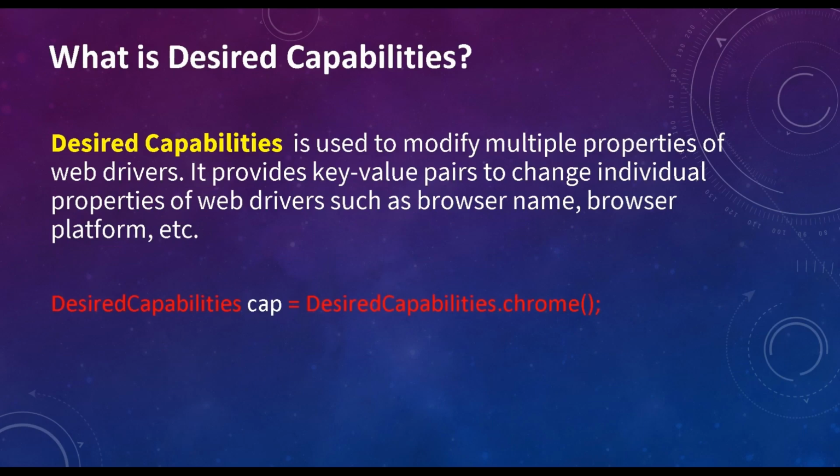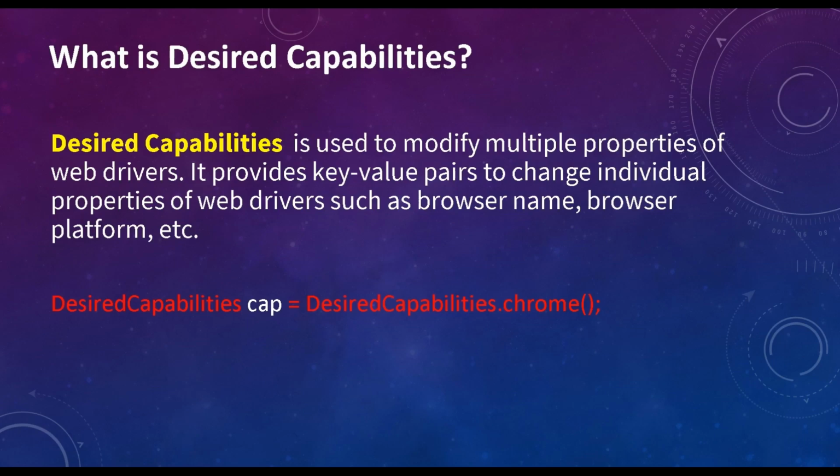So desired capability is nothing but, suppose you're going to use the Chrome driver for doing the automation, and we're going to test your application inside Chrome. So if you want to set some changes in your cross browser execution, if you are telling your code that you need to test it in this particular browser, like if you want to set it in Chrome browser,